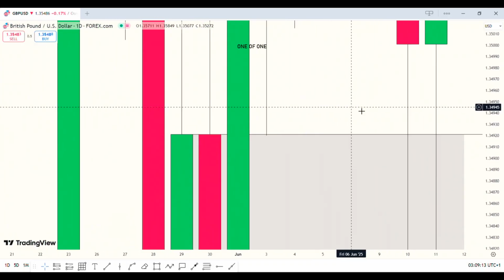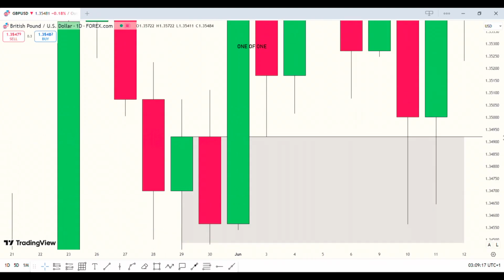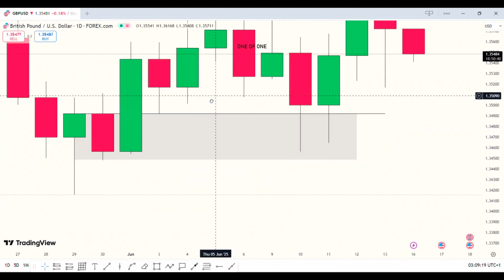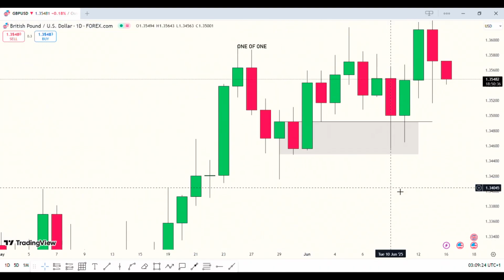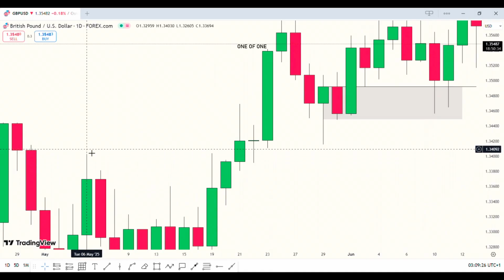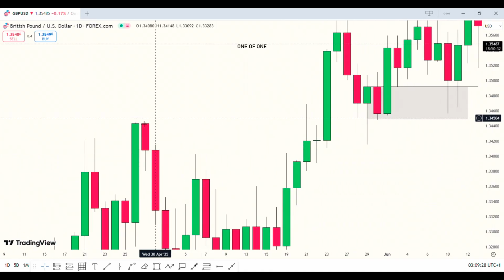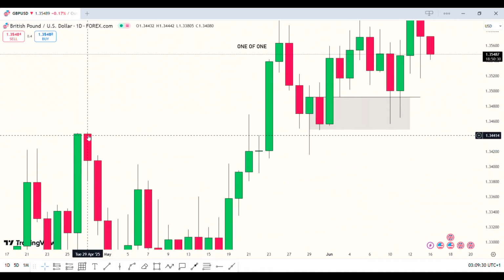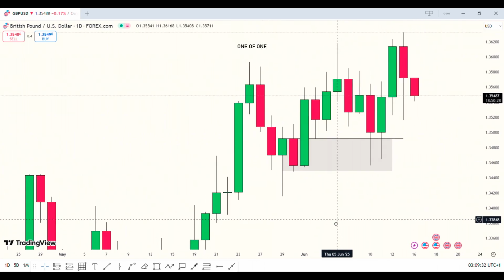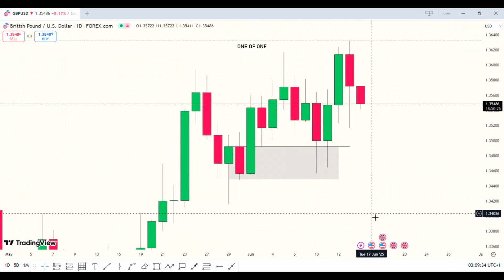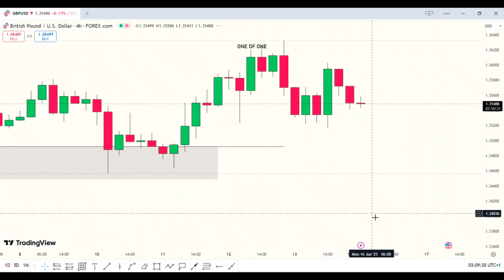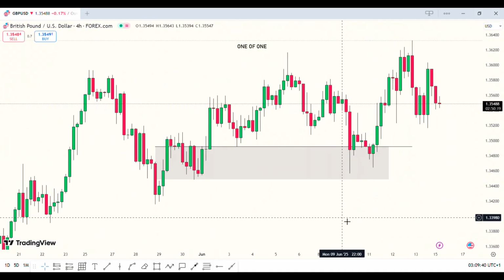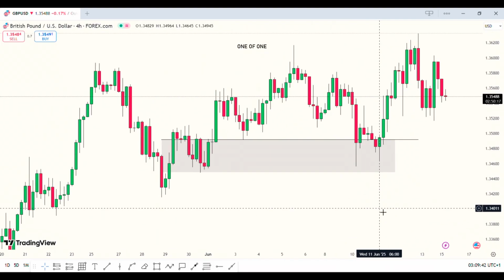So this is one reaction, and that could be considered. When you have something like this, you have one reaction here. Looking towards the left, we cannot see any other closing price or valid single price POI. So what I do is I go one time frame lower. So I go to the 4-hour time frame. Now within the 4-hour time frame, I want to look for the same thing,